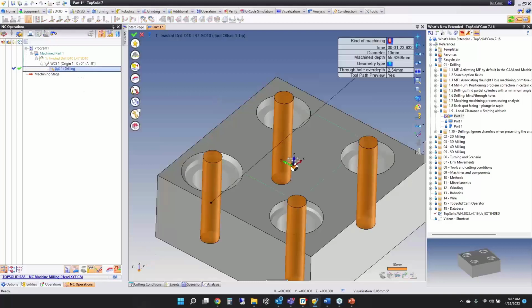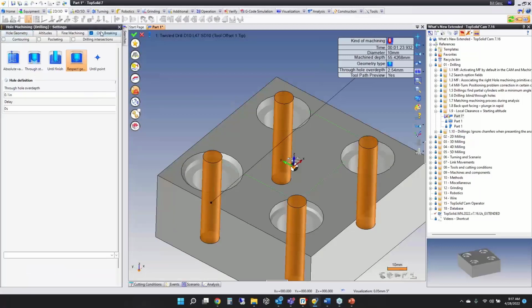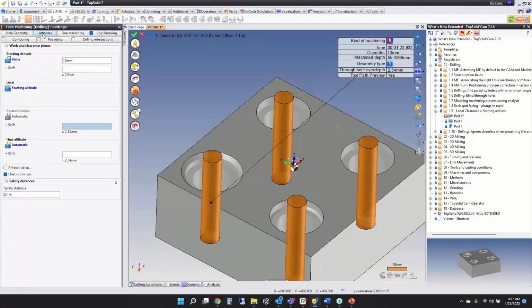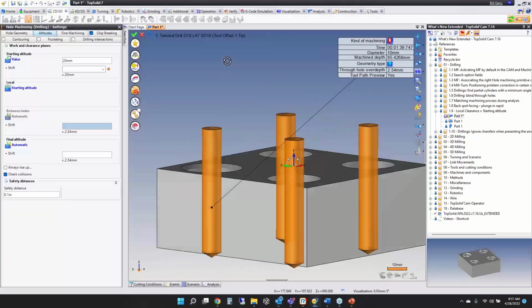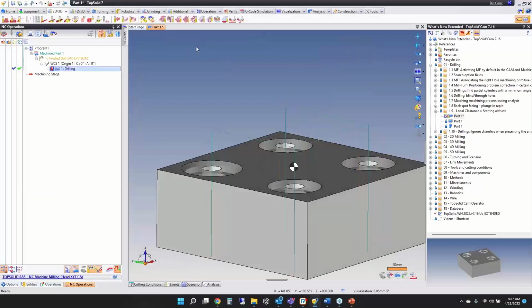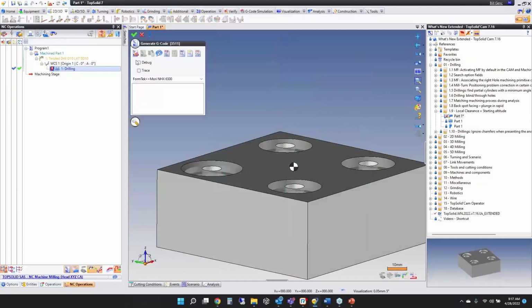So the improvement is this. If you have a chip breaking cycle active, you go into altitudes, and you now have this option here, local equals starting altitude, which means whatever you set this to, this will be set to automatically. So if I set this to 20 millimeters, you can see it raised it up. That's perfect. If I go to generate G-code on here,